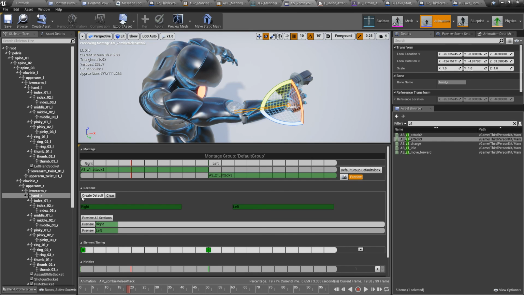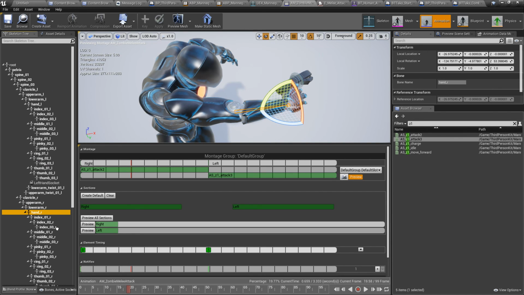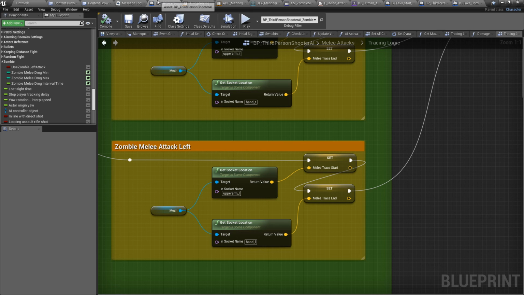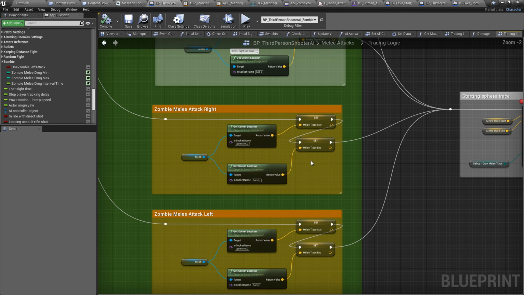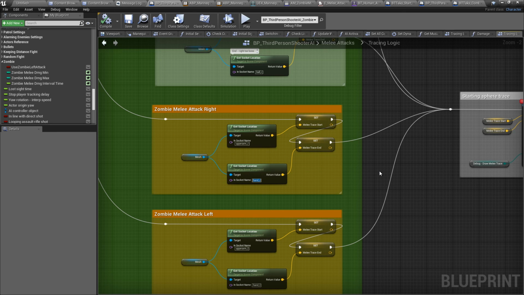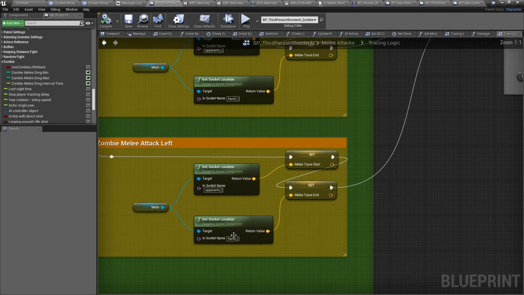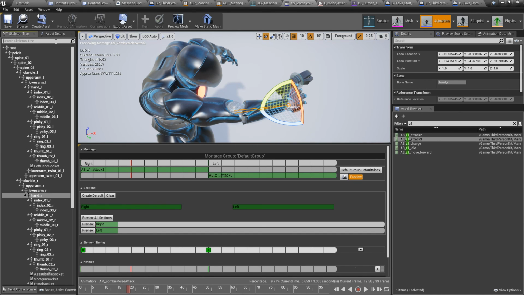Well, the same bone name, so it should find it. Something is. That's weird. Let's test it again. And R and O. Let's, for the sake of it, just find hand